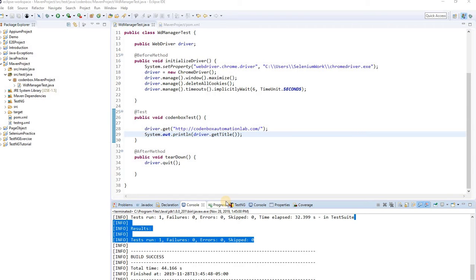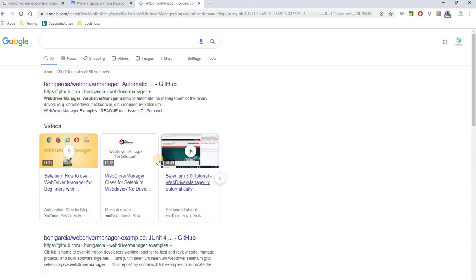Today we're going to talk about a very important and very helpful topic nowadays. It's about WebDriverManager. WebDriverManager is a Selenium API that helps you resolve the issues related to the WebDriver